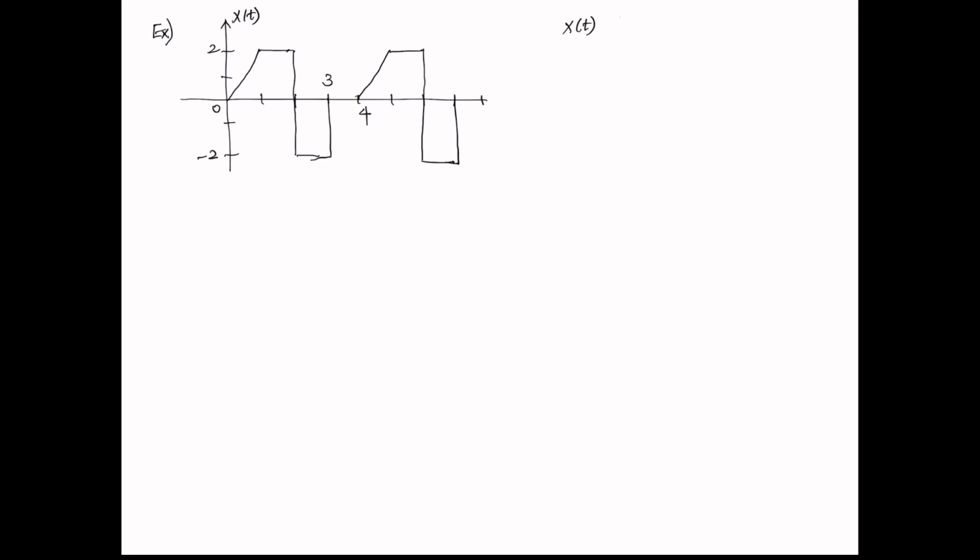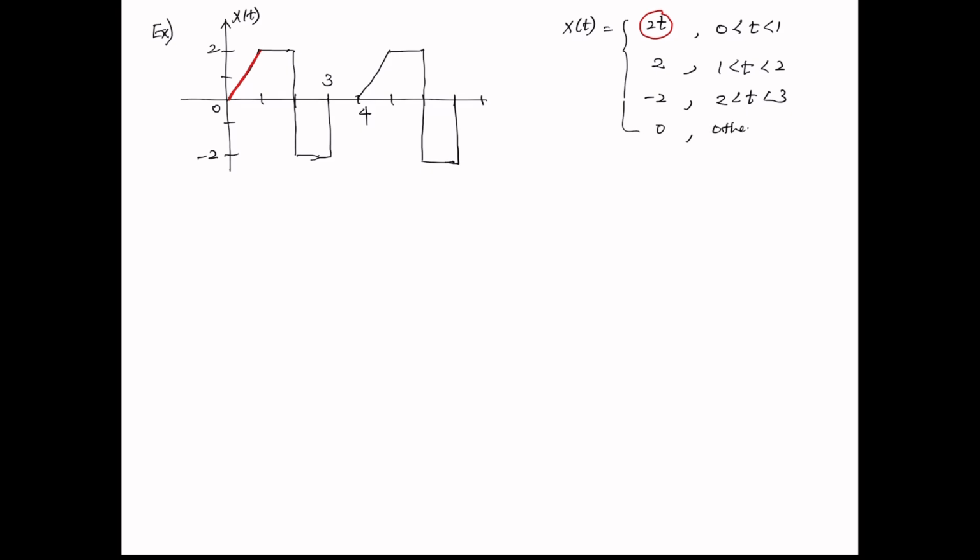x of t equals 2t. We're talking about this portion. That's the 2t. How do I know? It's rise over run. It's just a linear equation. When t is in between 0 and 1, and then it's going to be 2 when t is from 1 to 2, and negative 2 when t is 2 to 3,